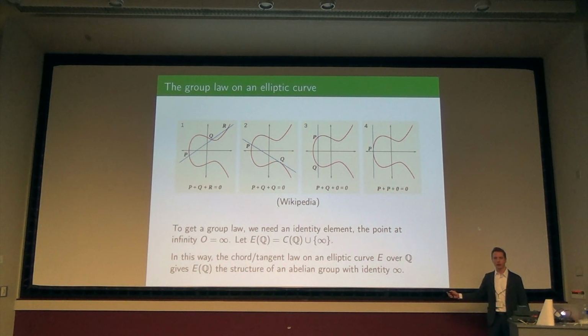Let me just pause for one question, if there is one. This is one of the peaks in the talk, where I've tried to motivate to you and convince you that elliptic curves are special among all algebraic curves by having a group law. Now we want to answer the original question of the talk, which is, what are the solutions? Are there infinitely many? Are there finitely many? But I have a refinement, which is, what is this abelian group?